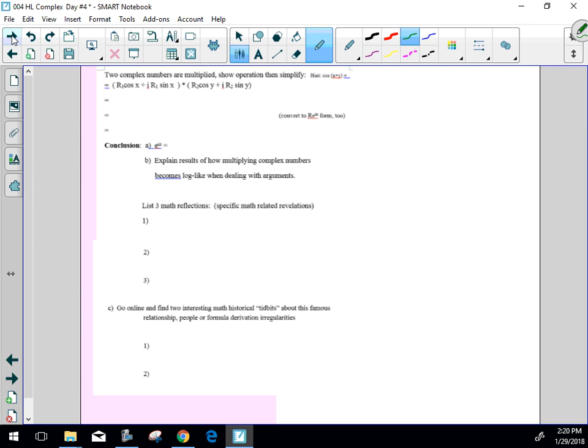So then on the last page, what you're going to do is you're going to multiply two complex numbers with an R1 and an R2 in front. I'm going to let you think about this. We'll play around with this a little bit more, but let's do this. You're going to multiply these two. So you get R1, R2, cosine X, cosine Y. Now I'm going to multiply these two together. Plus i,